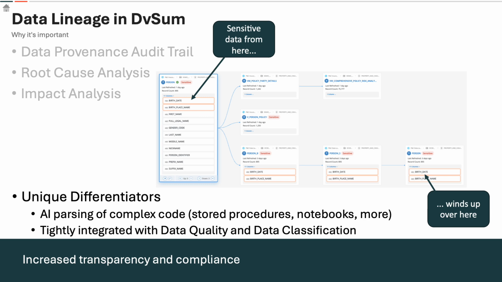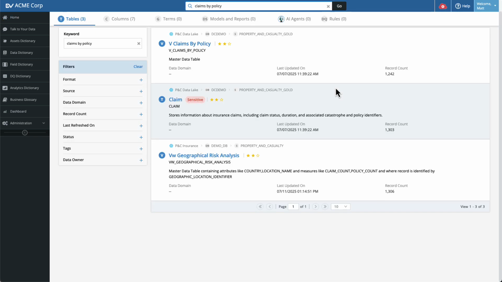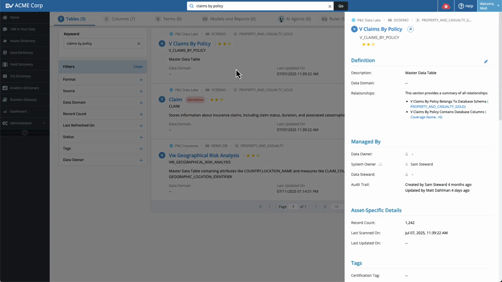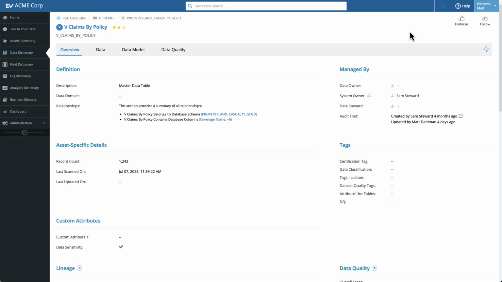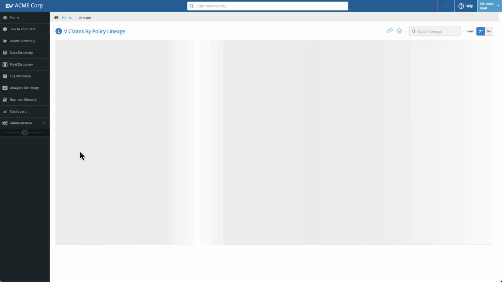Okay, so with that, let's take a look at the product in action. The first thing I'm going to do is search for this view. In this case, someone reported that there's a report based on this view. It's not showing exactly what it should. So this is a root cause analysis kind of case where I want to track down, well, what's going on? Why is this view not showing what it should? So I'm going to bring up the lineage view